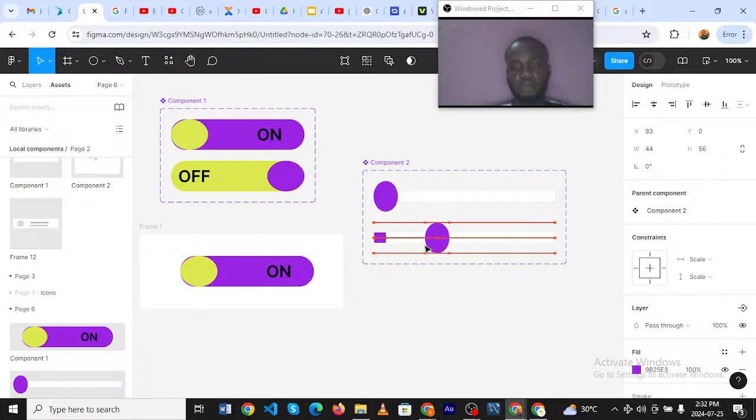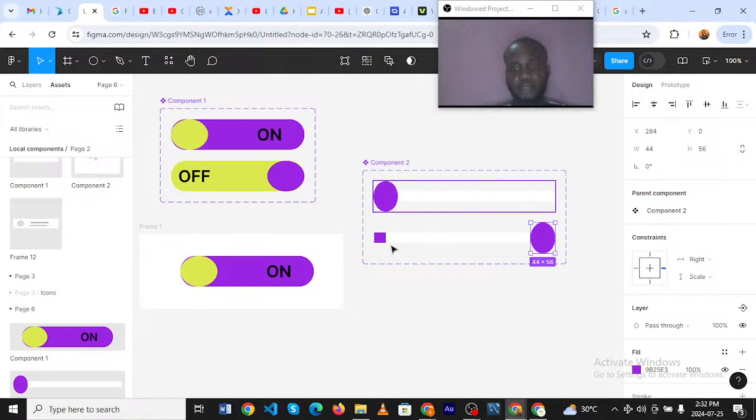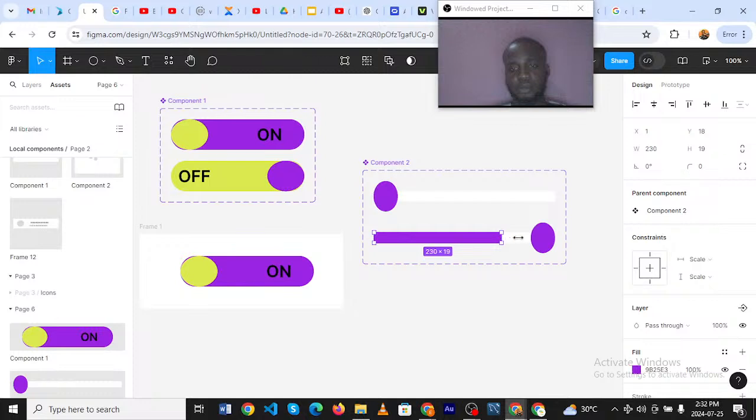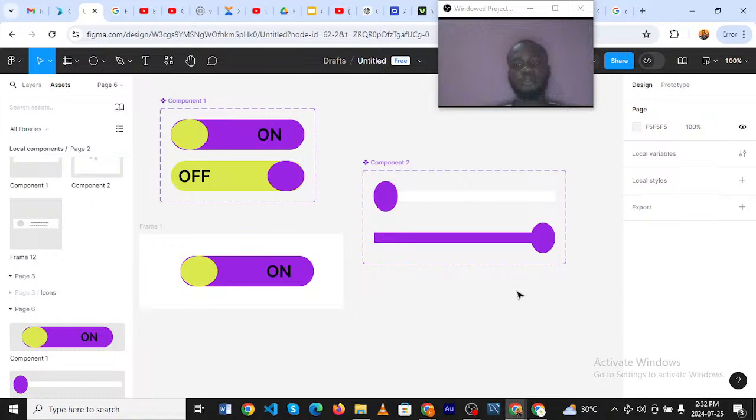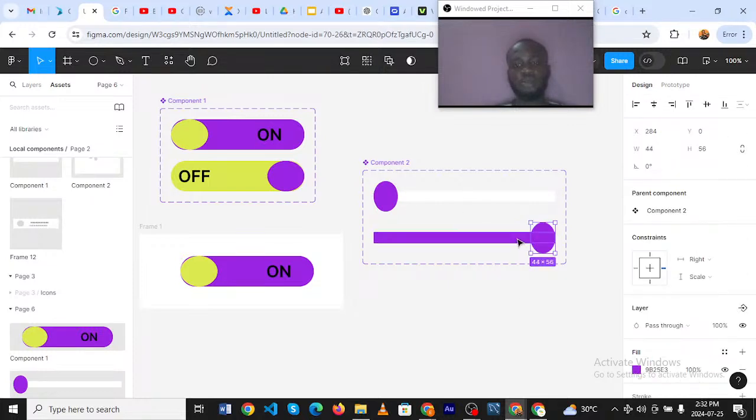Let's just move it like this. Perfect. Then we're coming here, also moving the shape. Okay, this is looking good. So let's reduce this so it stays within the shape.